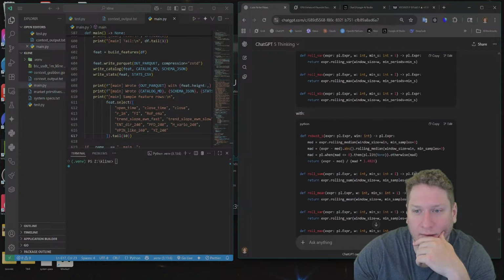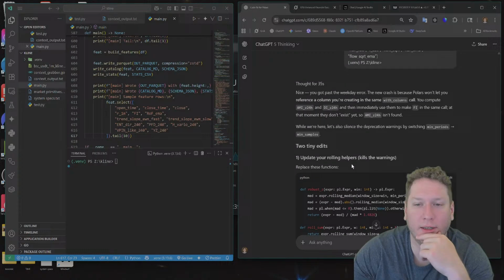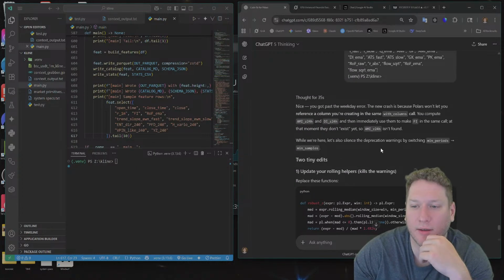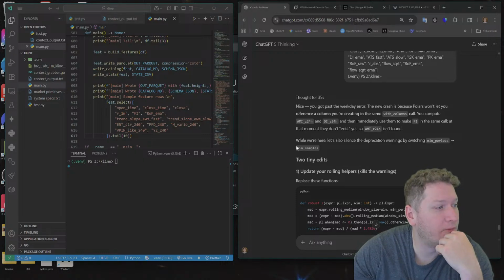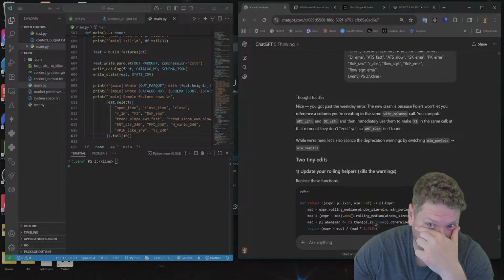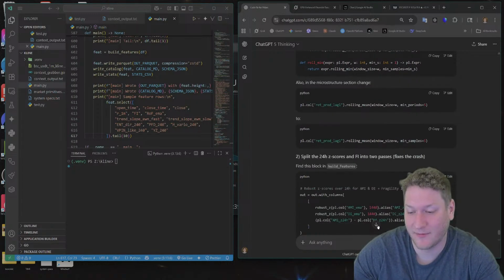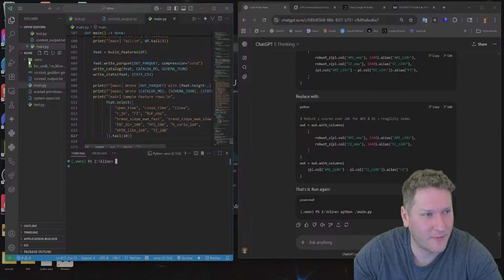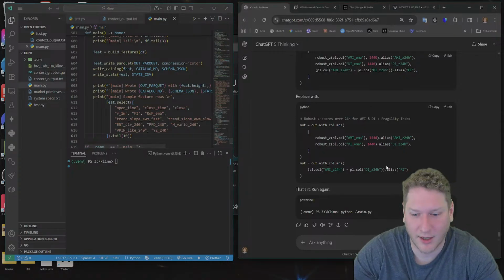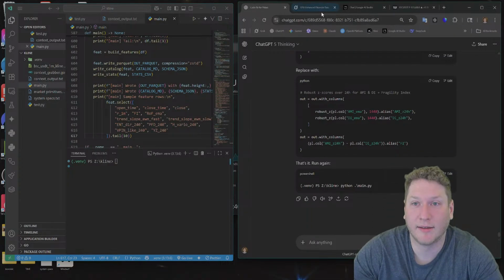So what went wrong there? 2 teeny edits. Nice. Link to error. New crash. Okay. So we're gonna get this going. It's never easy, but it's definitely rewarding when you get the data, for sure.